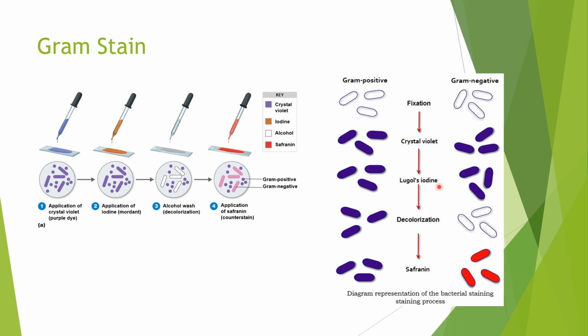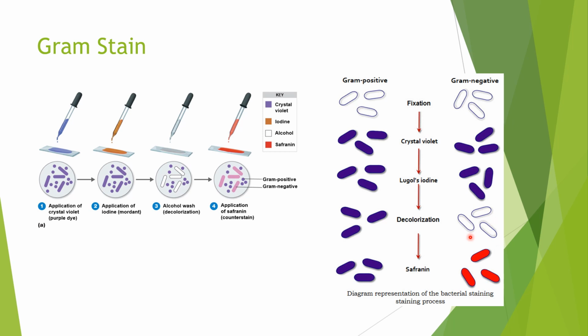So after the iodine, you leave it for a specific amount of time. You go ahead and rinse it, okay? What do we rinse it with? You can rinse first with some water, and then you can go ahead. This is a pretty important step. You must add alcohol. So alcohol or ethanol is going to be your decolorizing step, okay? Now, why is ethanol called our decolorizer? Because when you add your ethanol,